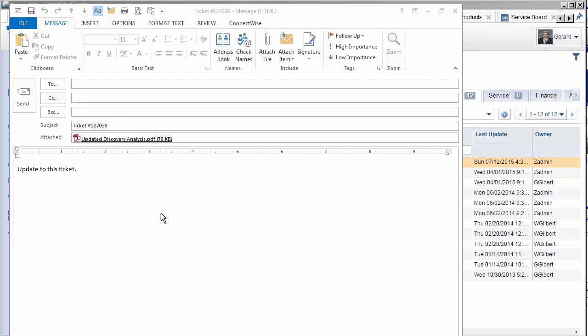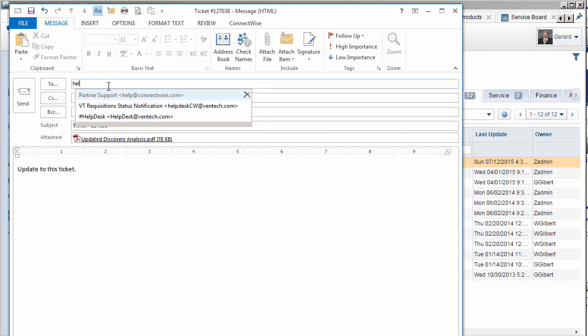Now, something else I can do, if I wanted to update a ticket, perhaps with some updates from the email body as well as update the ticket with documents, I can actually do that even though I'm not responding to a closed loop entry that I received from the ticket, by simply formatting the subject, as you see here, to the word ticket, space, and then the valid ticket number. And I would address that to helpdesk at CW,